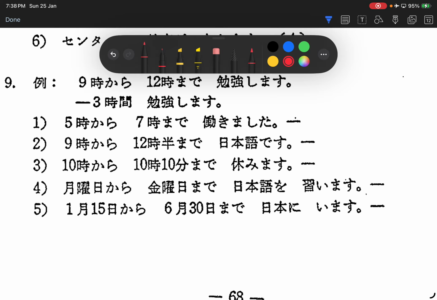How do you count the months? 5ヶ月半. Thank you. 5ヶ月半日本にいます。